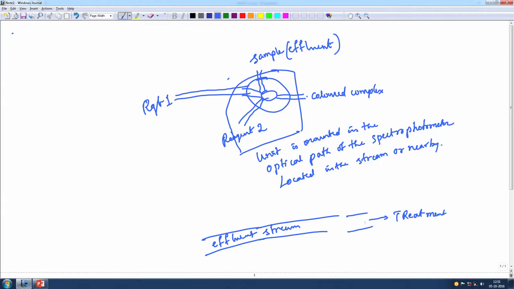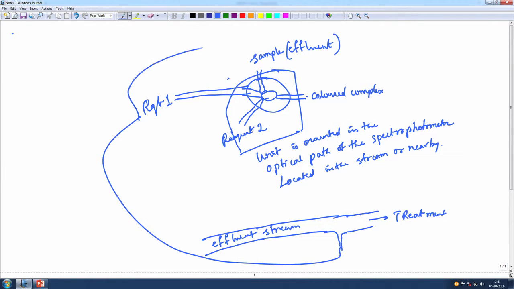Okay, and I take a small sample out of this and then connect it to the sample here. Connect it to here. So, this is the type of arrangement we normally look for in a spectrophotometer